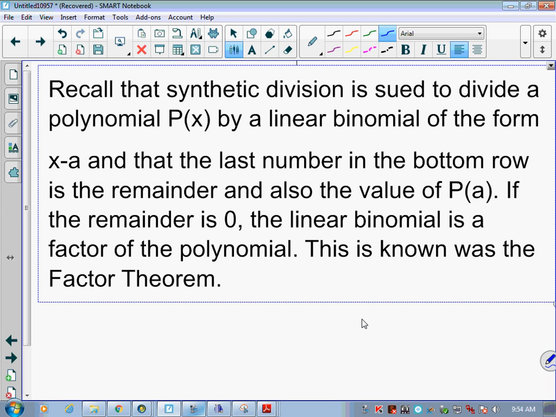They start off in the first paragraph that says, recall that synthetic division is used, not sued. Let's rewrite some of that there. Used, that's embarrassing. Used to divide a polynomial P(x) by a linear binomial of the form x minus a, which means if we had a polynomial, let's say, x cubed plus or minus something x squared,